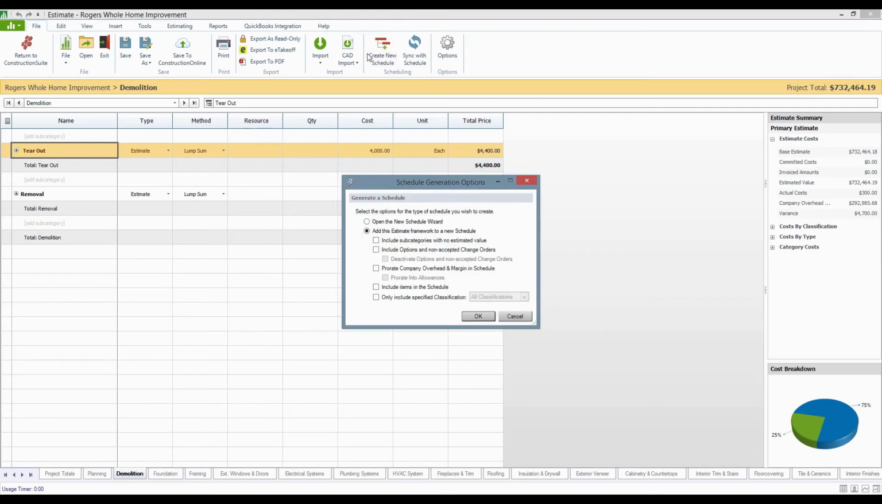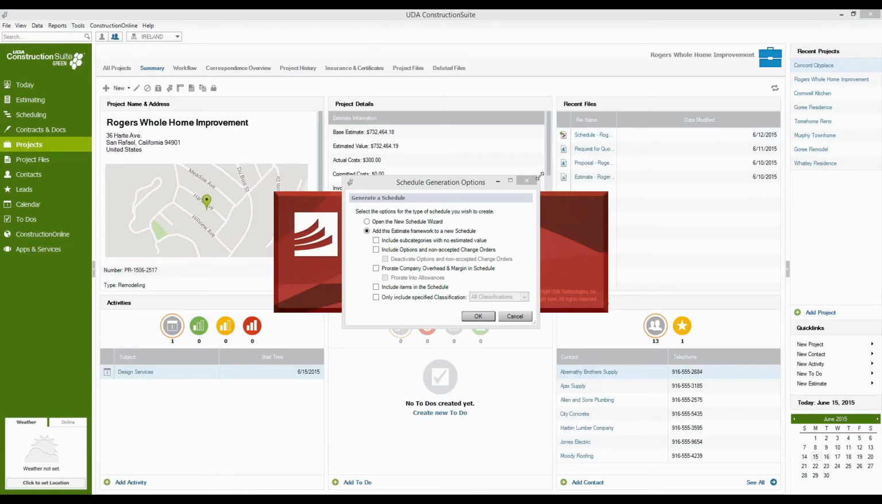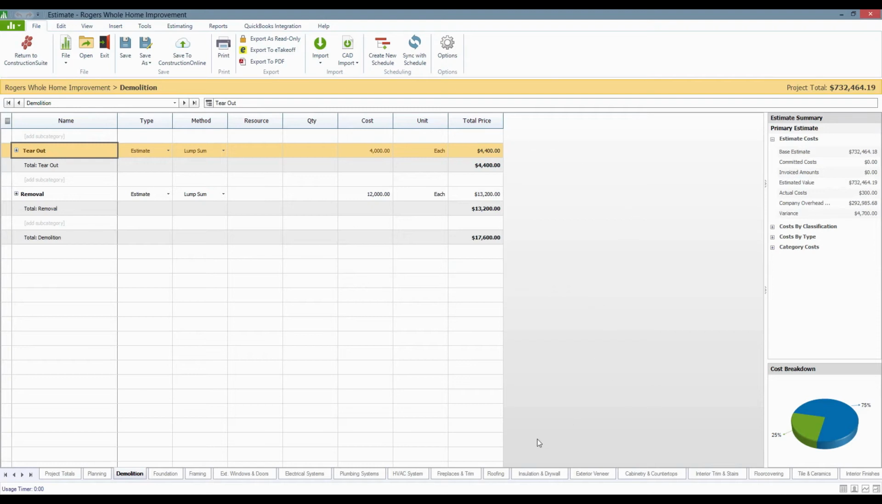This will give you options to use the estimate framework to create the schedule, giving me my groups on the schedule like planning and demo and foundation, and pretty much everything that we need throughout the process. You can even take those subcategories that we have, like tear out and removal here in the demo category, and turn those into tasks in the schedule. Those tasks we can then map out on the Gantt chart and give you something that might look a little bit like this. So let's open up one of those schedules so we can take a look at it,